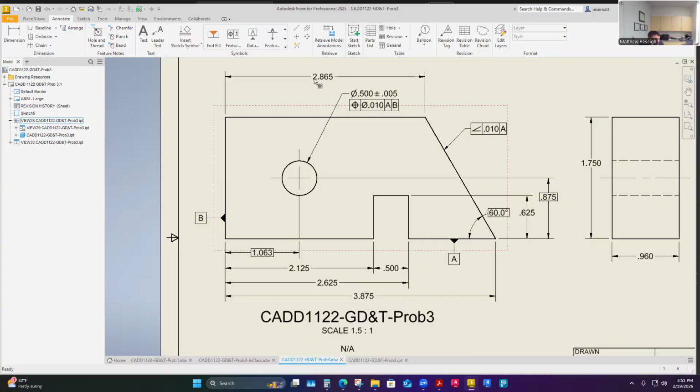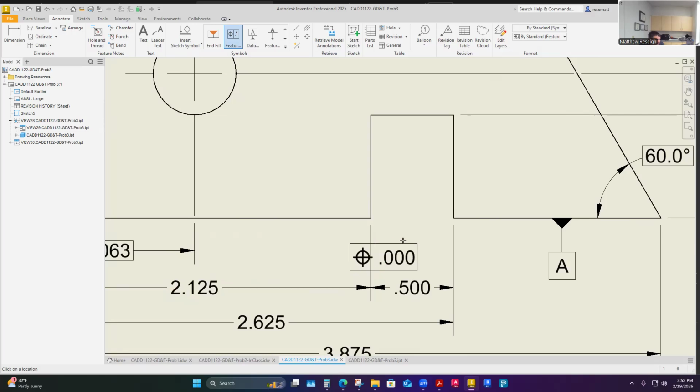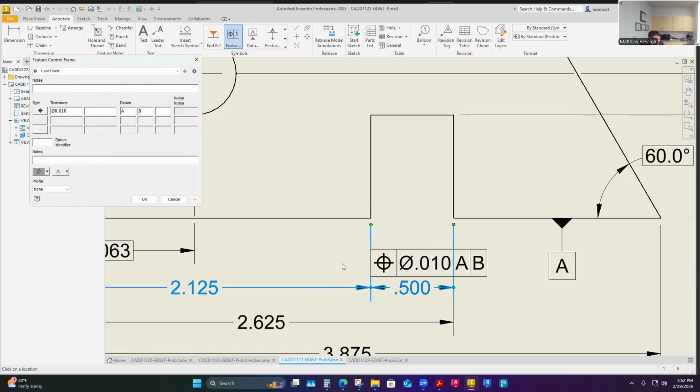So here's my feature control frame. Let's see if I can add that. If I snap to this, yeah, I'm just snapping to that line. A grip that's on that line, it looks like. I'm going to have no presets here. I think I can just slap it the other way once I get it done. But this is going to be a